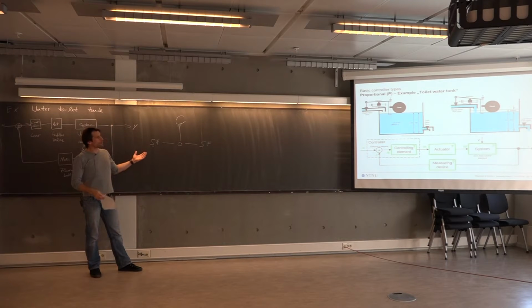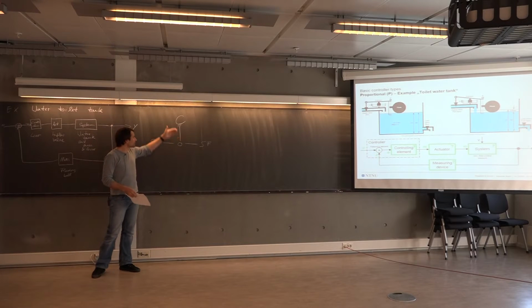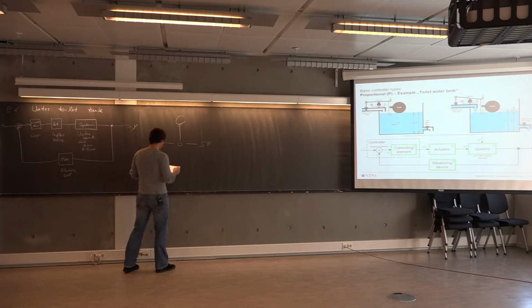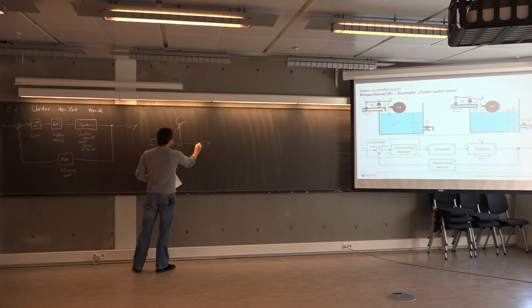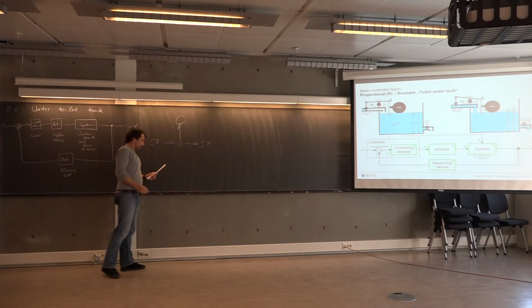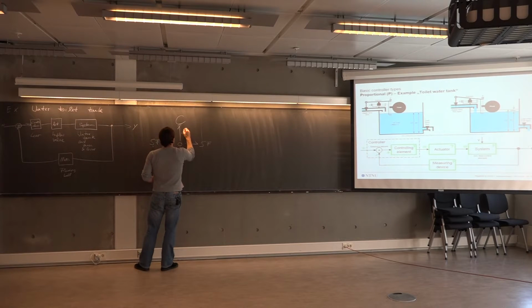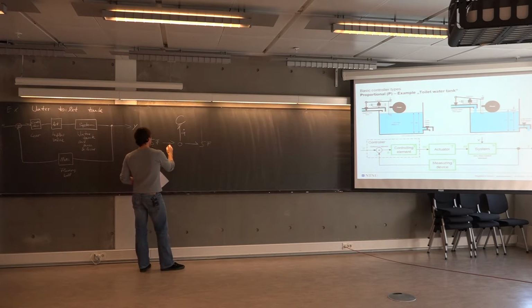The inflow is not really necessarily equal to the outflow, and correspondingly the water level will change, meaning the flow into the tank will change. We have some Q dot here,